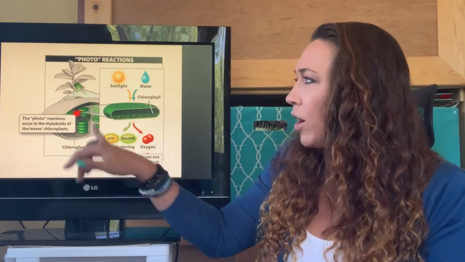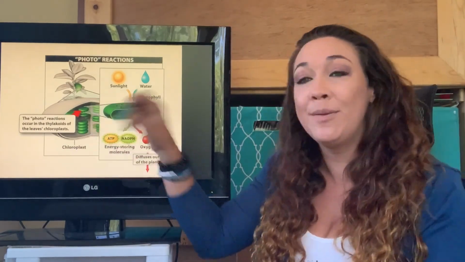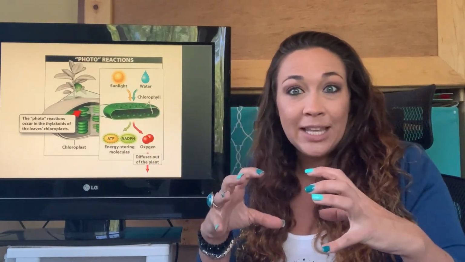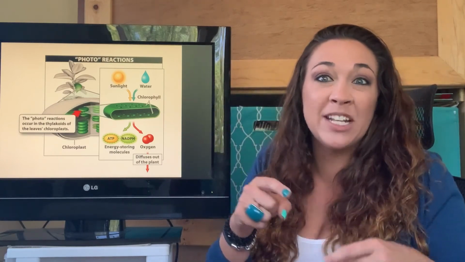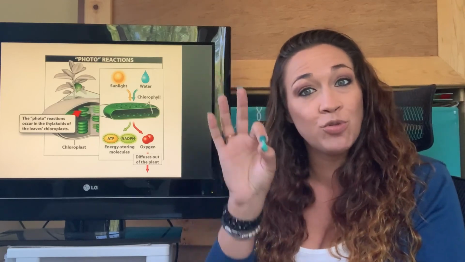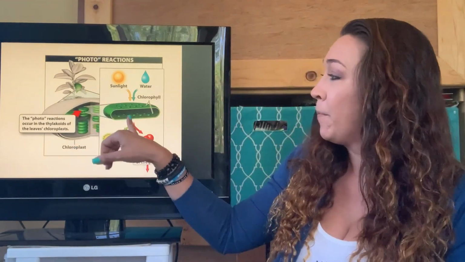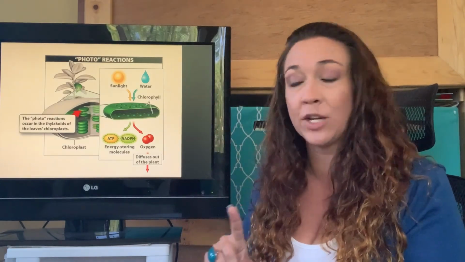All right, so we are inside the chloroplast. Specifically, we are in the thylakoid membrane. Okay, so inside the leaves is the chloroplast. Inside that is the thylakoid membrane. Inside of those is chlorophyll. The chlorophyll is actually where the light is going to strike, and that's what's going to cause that photon to be absorbed, that energy to be absorbed in the electron.